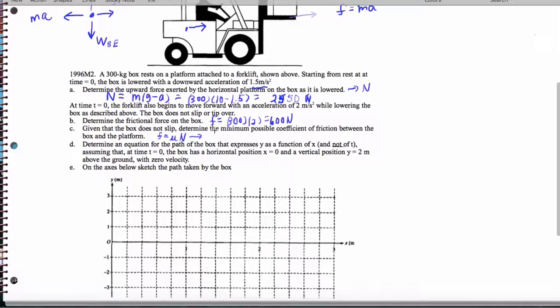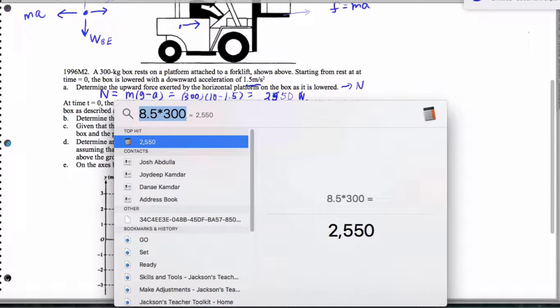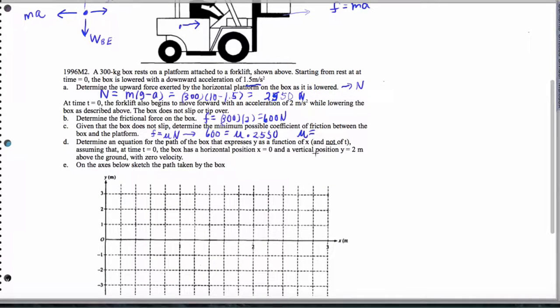So we have 600 equals mu times 2,550, and then we get mu. You notice how they set up A, B, and C to get you that answer with different little calculations. Oh, that's problem number 1 getting exported. That's just great. So here, we have 600 divided by 2,550, and I'm getting 0.24